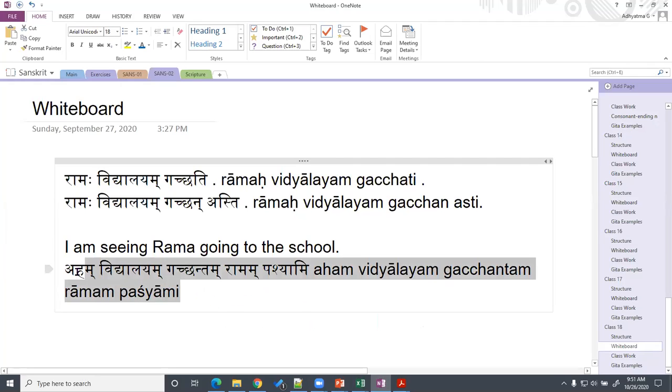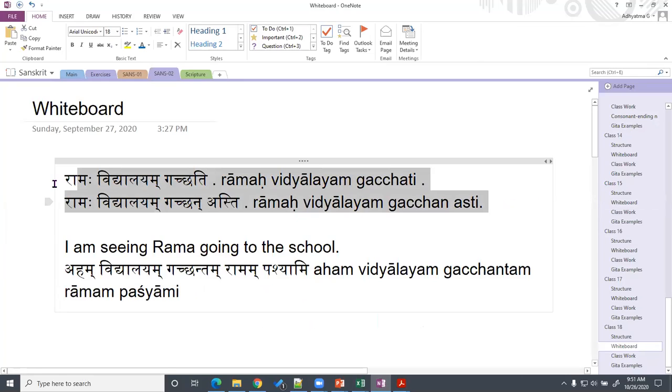This is much more common than the earlier construction. When I say common, I mean Panini says that this formation, where you put it in the first case, is not to be used. But some grammarians say that in certain cases it is okay to use. That's what I meant by less common: some grammarians say you cannot use this construction, while others are of the opinion that it's okay. In standard Sanskrit texts, you will find this kind of usage only rarely. It's there in some cases.